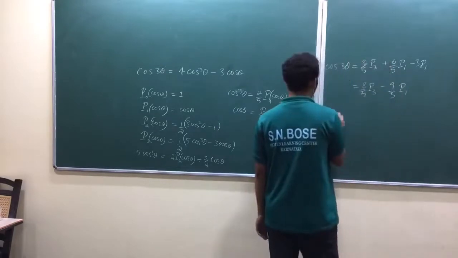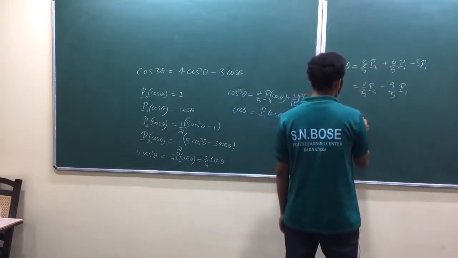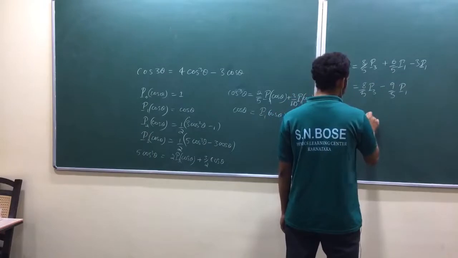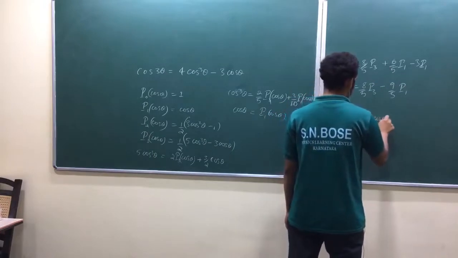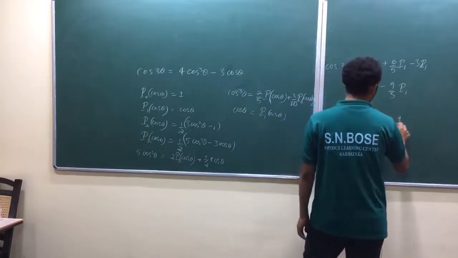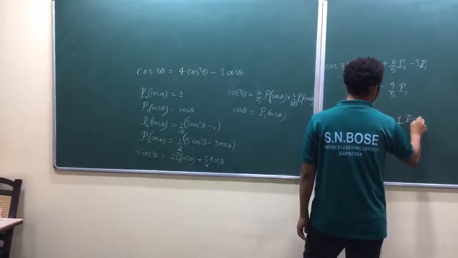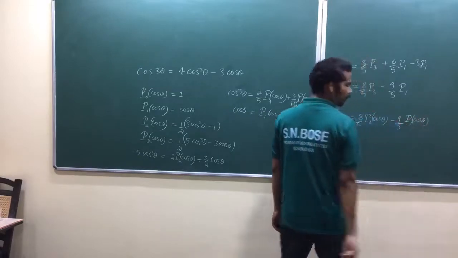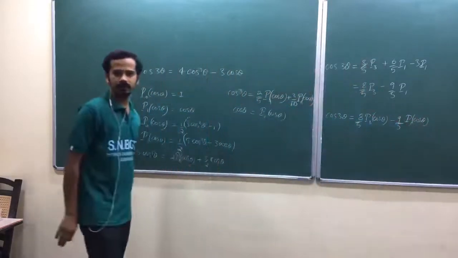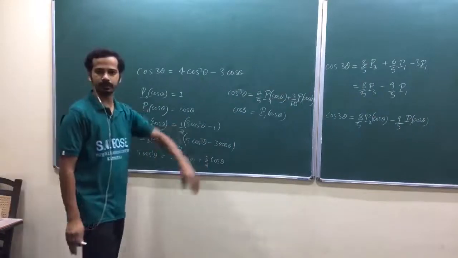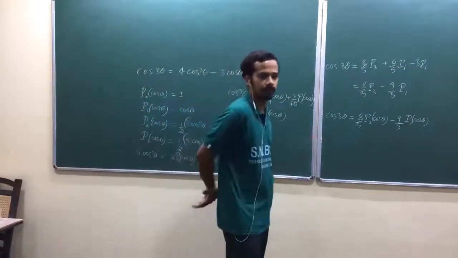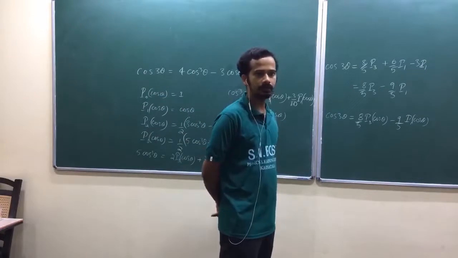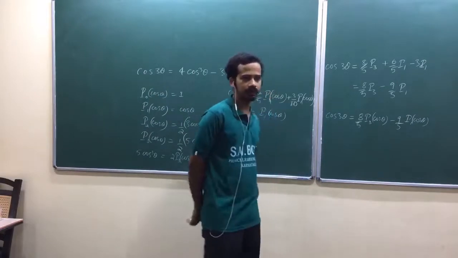Is that okay? That's why cos 3 theta can be written as 8 by 5 P3 of cos theta minus 9 by 5 P1 of cos theta. You don't have to do any integration. You have to equate this one. Am I right? When you equate, you will get coefficient. Coefficients are the only thing that we need to find, isn't it? We already know what is the solution.